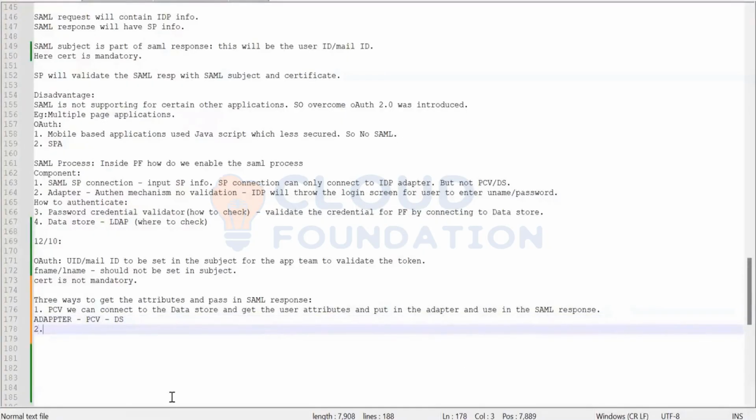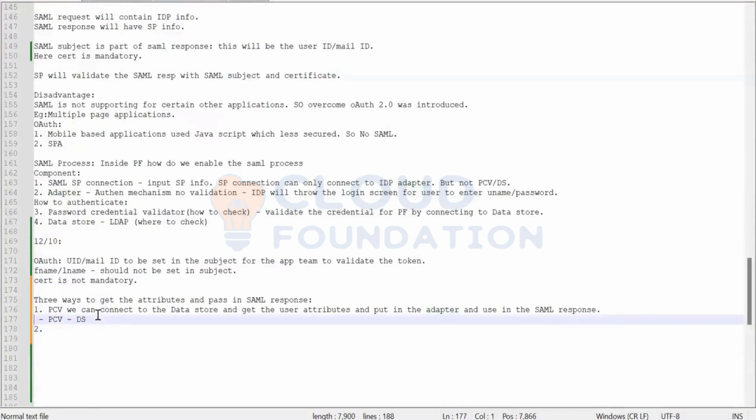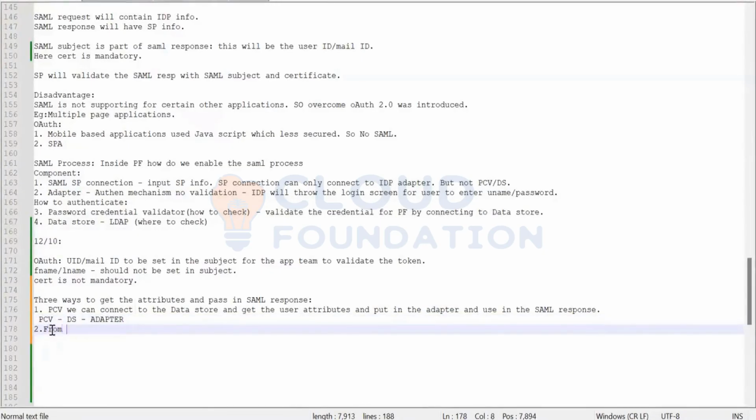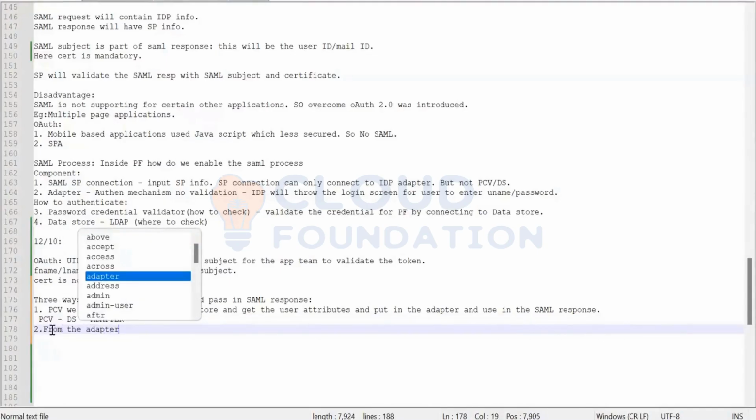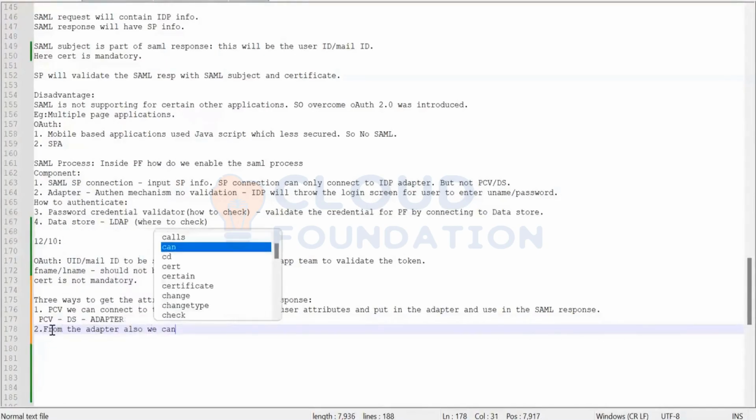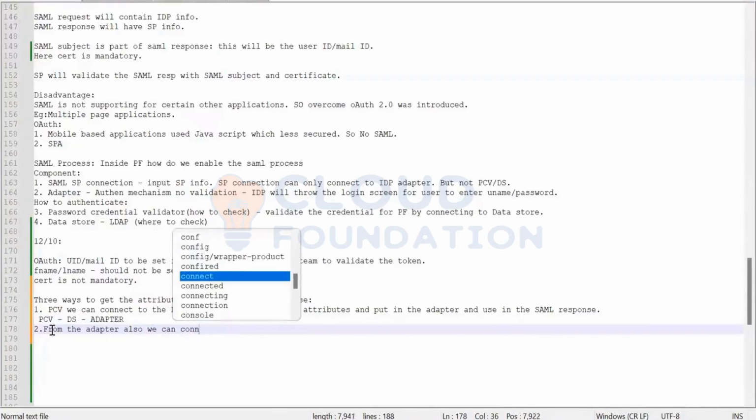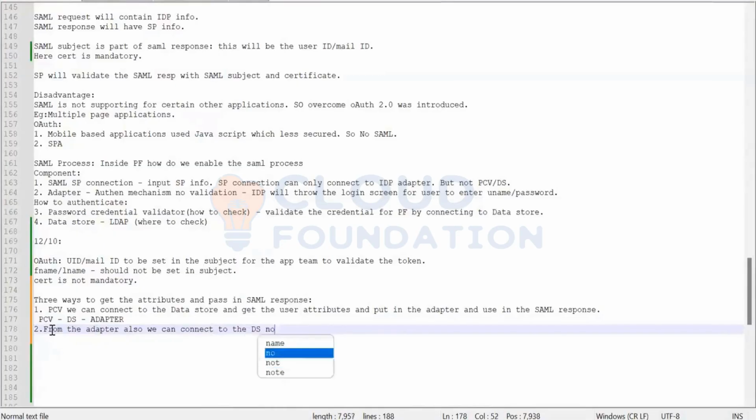The second step is the adapter. From the adapter also, we can connect to the data store, but not for the authentication, only to get the attributes. From the adapter, we can connect to the data store and get the user attributes